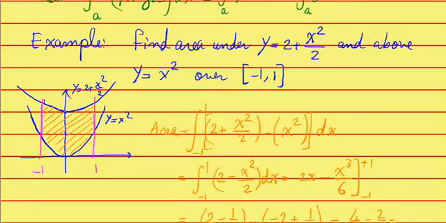Let's just remind ourselves what the ingredients were here. This one was the equation for the top, this one was for the bottom, this one was for the left, and this one was for the right. In essentially any kind of integral, you need to have these 4 ingredients. You need to have a mental picture of what's going on, have the 4 ingredients for yourself, and decide how you want to cut up the region and go along with your